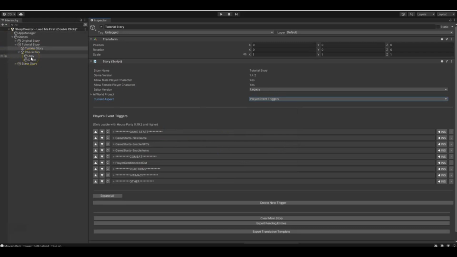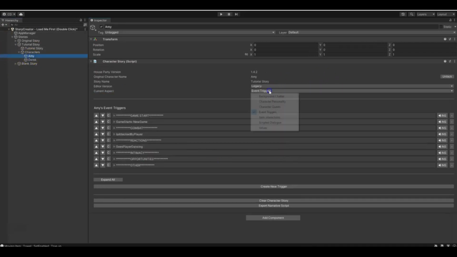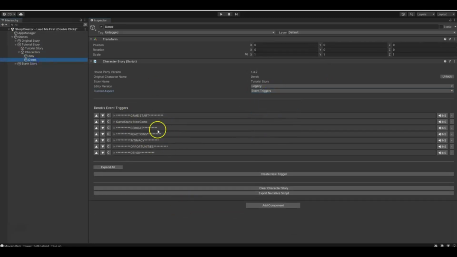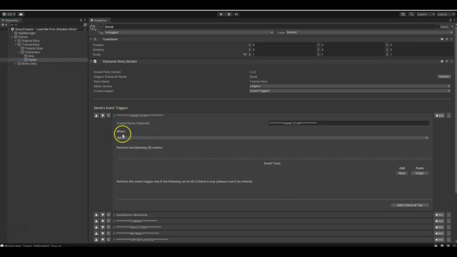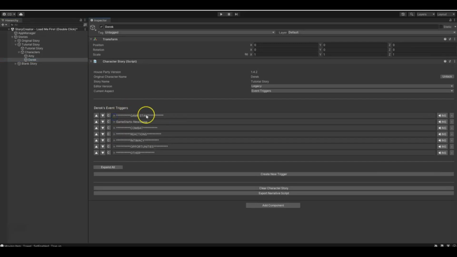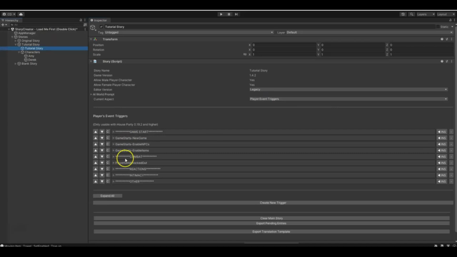but if we come over to Amy, for example, you can see that Amy has her own list of event triggers available here, and Derek does as well. One thing to note is these asterisks here, such as the game start, combat reactions, these are all empty event triggers that I put in here just for headers and organizational purposes. So if you come to the player event triggers, you can see I have a couple of them under game start, something under combat, and these are really just suggestions for how you want to organize your own event trigger